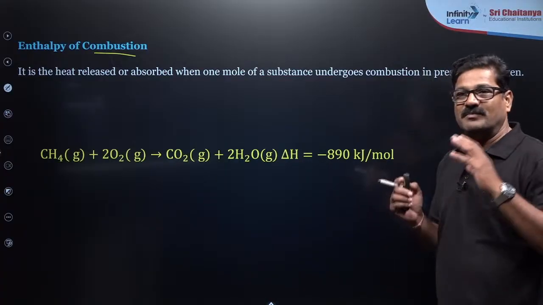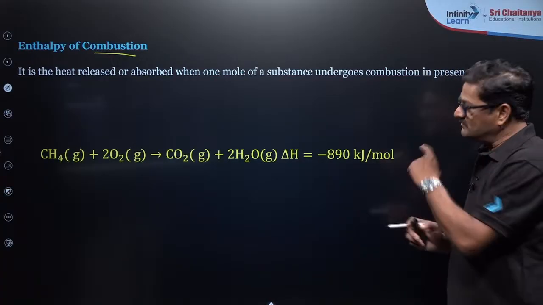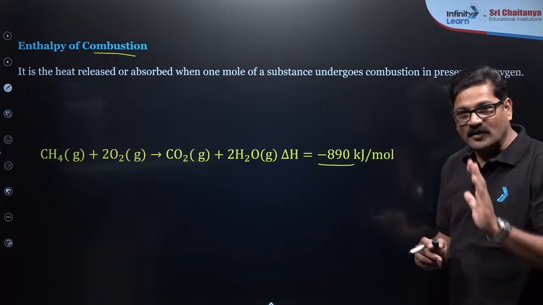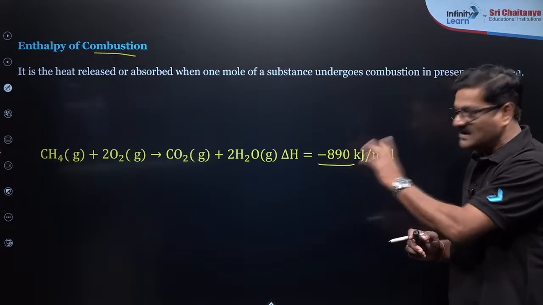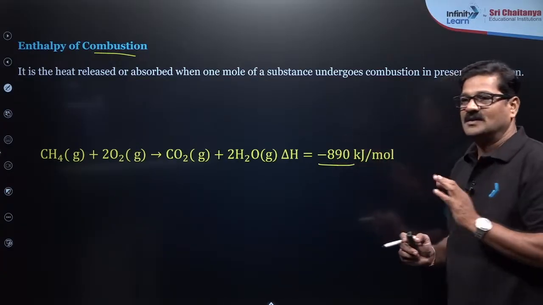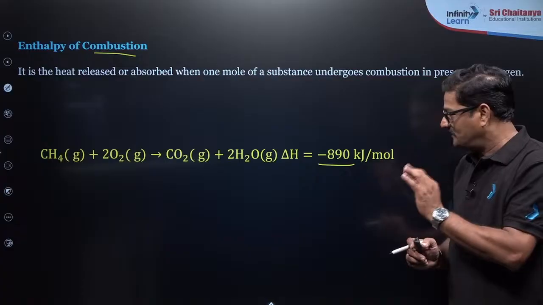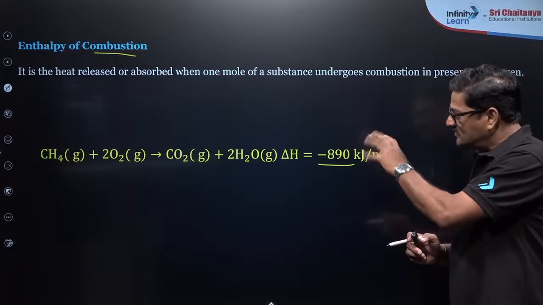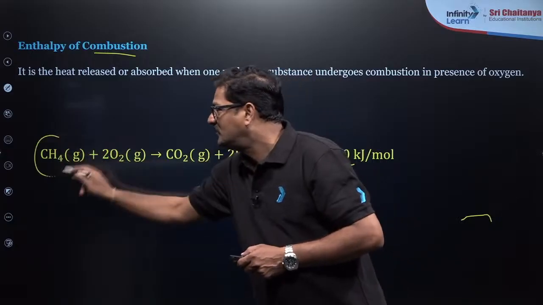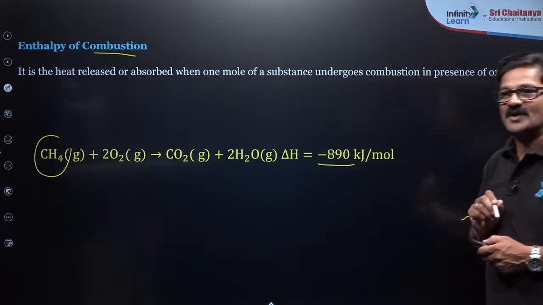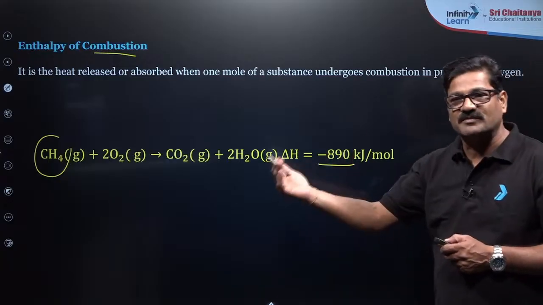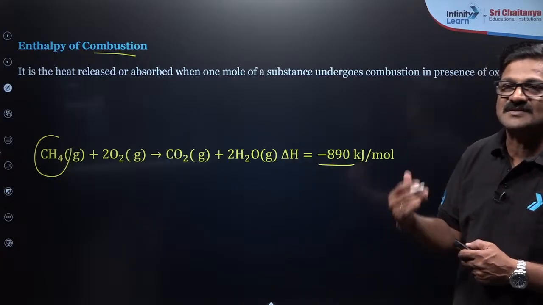The major problem with students is that when this equation is shown, you should focus here, not there. Focus on what is happening. Don't focus on the number; rather, focus on its magnitude. I mean, whether it is negative or positive and approximately how much. It is called the enthalpy of combustion of methane, this much, right? And this enthalpy of combustion is always an exothermic process because combustion releases heat.